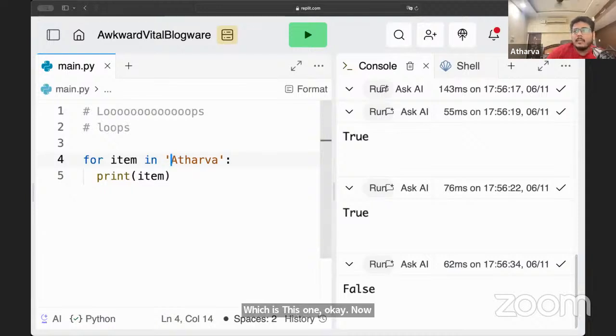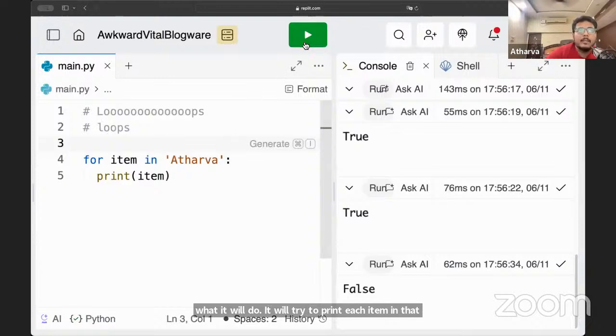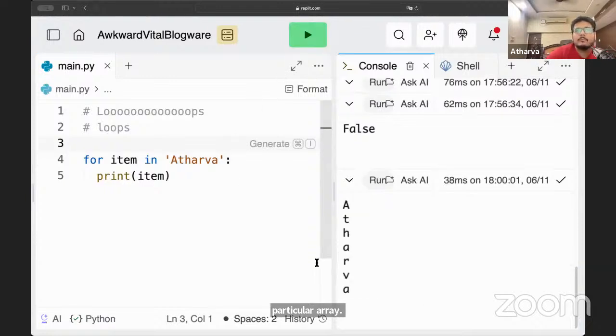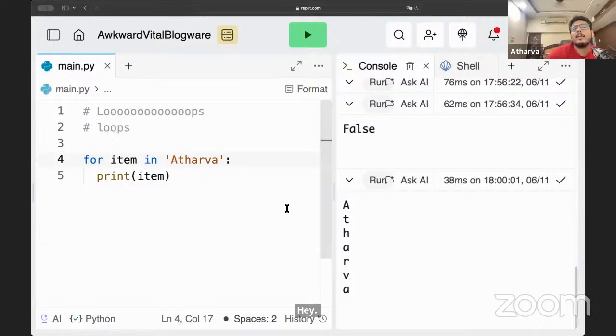As we already discussed, strings work very similar to an array. Hence it will try to print each item in that particular array. So let's see what happens. Element index at 0, 1, 2, 3, 4, 5, 6, and one by one, it prints, right?